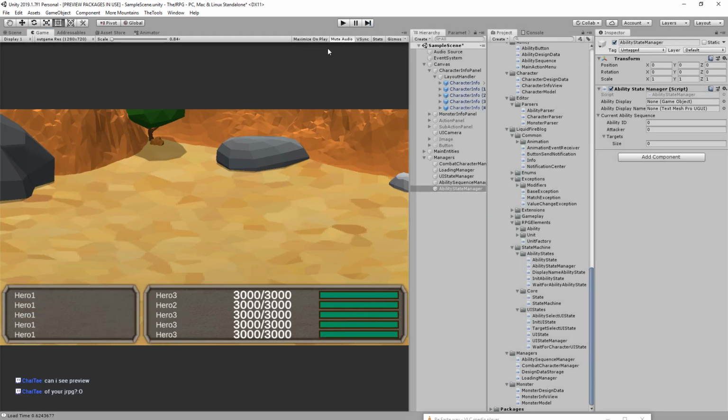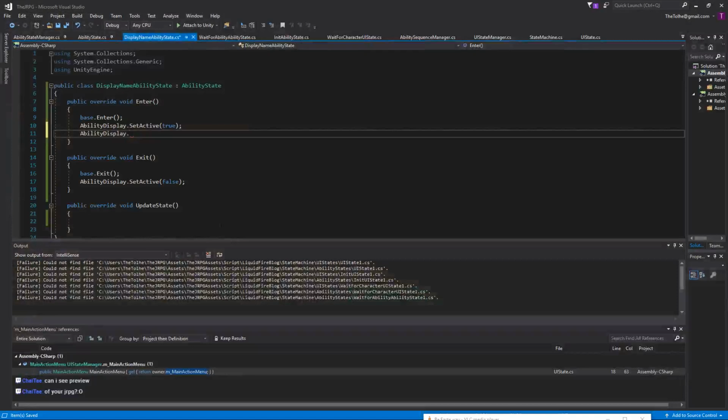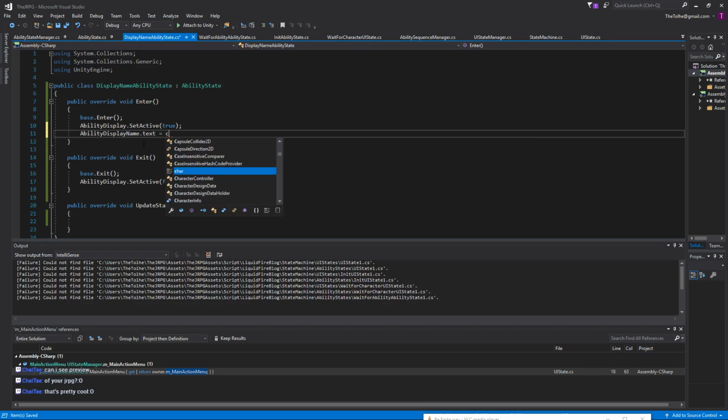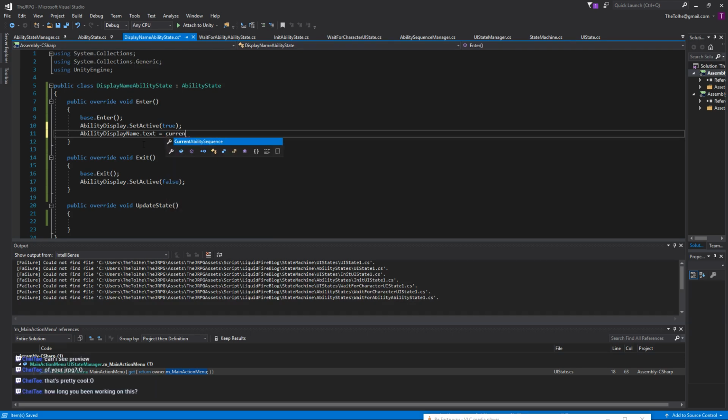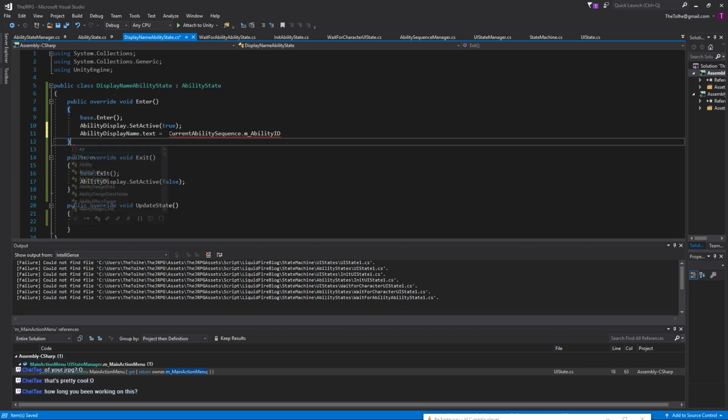Okay. So let's go back to actually getting it so that when we select abilities, stuff happens. So we're setting the ability name to our current ability sequence ability ID. So we want to use this ability ID to grab the name that we should display. Now, if I remember how we wrote this stuff, what was it? We had the